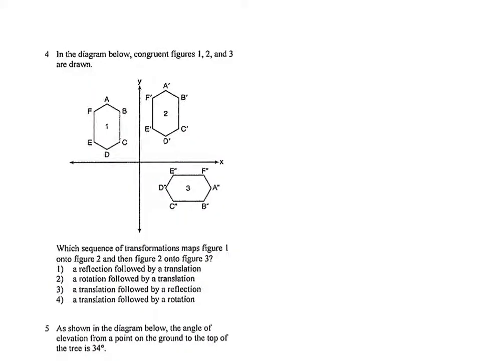Number 4 says, in the diagram below, congruent figures 1, 2, and 3 are drawn. Which sequence, meaning more than one thing, which sequence of transformations maps 1 onto 2 and then 2 onto 3? So if I look at mapping